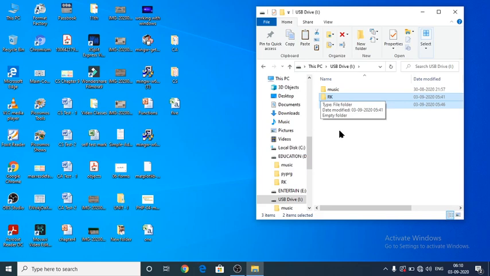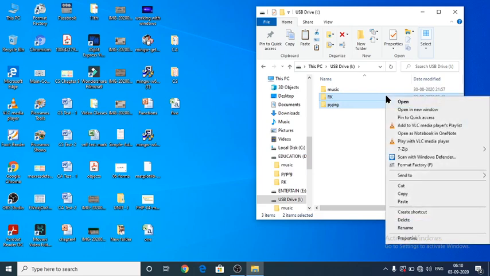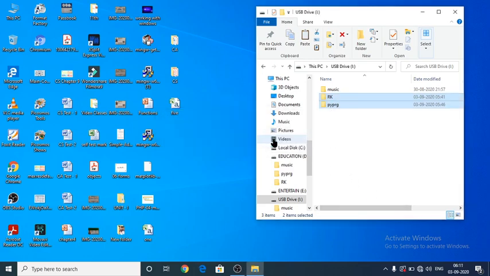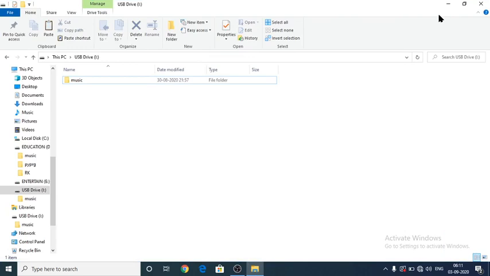folders, or you can press the right mouse button and in the pop-up menu the delete option is there. You can give delete, and after giving yes, it will be deleted from that place as a permanent file.